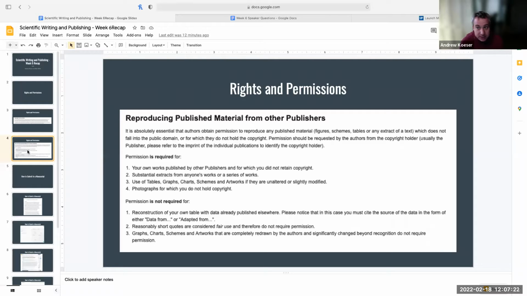You can't submit anything to them that is already published somewhere else under copyright. So that means, like, if your methods from a paper are under copyright with another journal, you can't just blatantly grab that whole same methods because you're chunking that paper into several papers and then put it back in there, because that would be breaking copyright, which is what we discussed before about self-plagiarism.